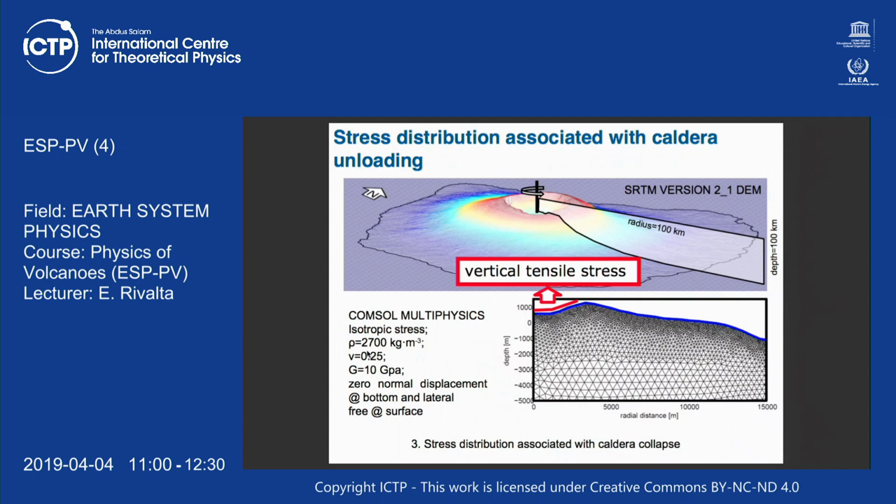So basically what he did is he constructed a finite element model, you see? This is the mesh, and in every node you solve the equations, and this was done with a commercial software called COMSOL. A lot of people use this software. It's very flexible, of course, because you can put everything in there. You can put the surface of the volcano as you want, and you can do many things. It's quite flexible. So he created an axisymmetric volcano by averaging the topography of the island, Fernandina, and then